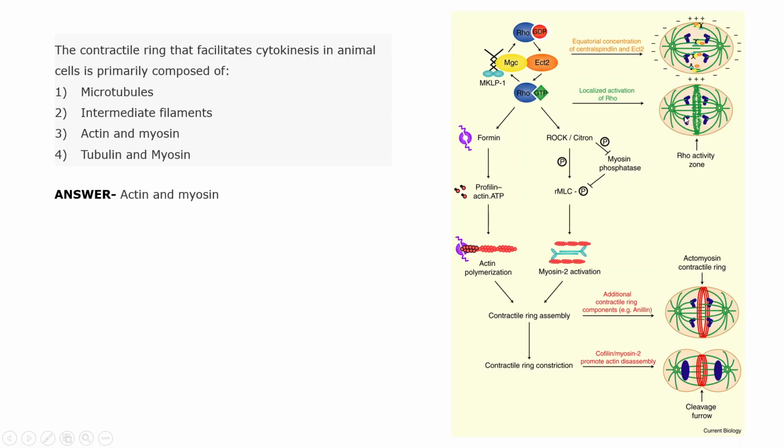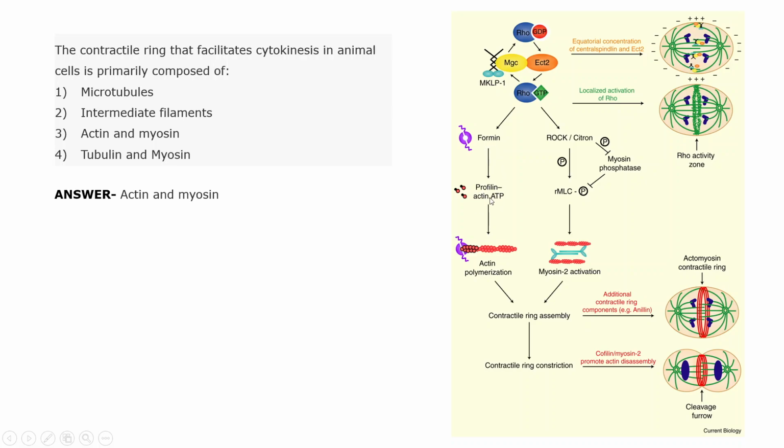So this is the anaphase stage because you can see the chromatids getting separated to the poles there, and the Rho GTP is getting accumulated there, and it is active in nature. And afterwards, when it is active, it initiates the process of activating actin as well as myosin filaments. In one case it activates this formin